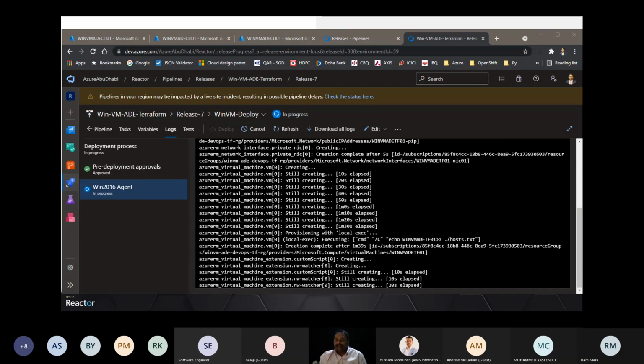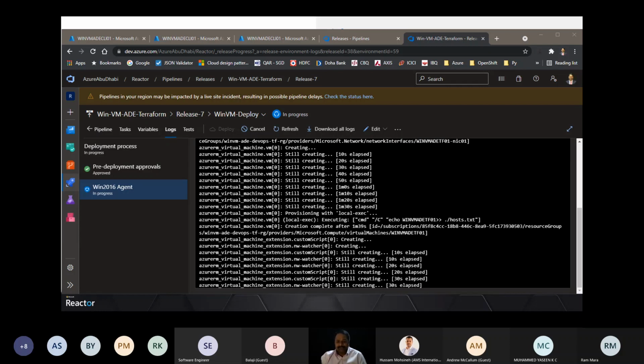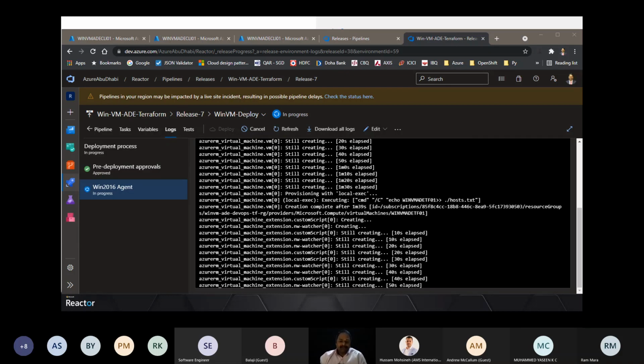You can also enable the diagnostic logs for the Azure Key Vault, where you will know who has accessed it and from which IP the Key Vault is being accessed. All these audit logs can be monitored, and with the audit logs enabled, you can get the logs triggered from Azure Monitor and create alerts to secure your Key Vault: who is accessing and from which source, even the IP is recorded. And then also the access policies.